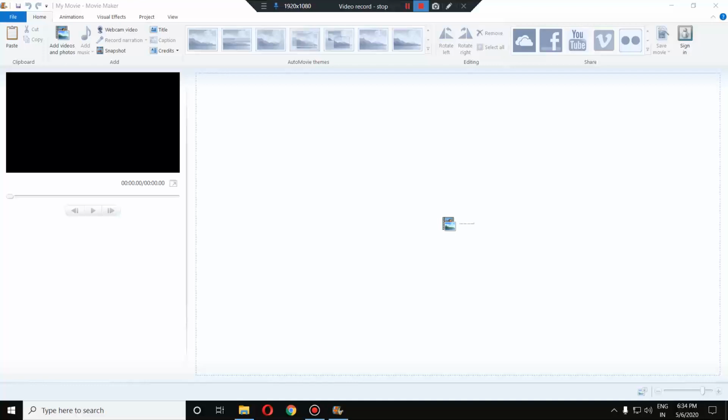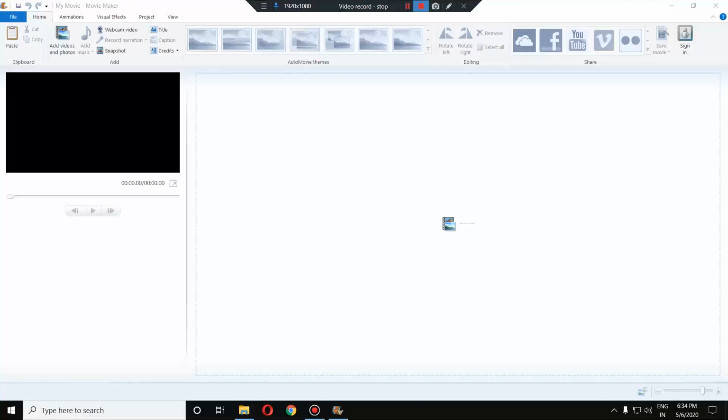And why do we use this software? This is the main motto. The thing is that this software is very easy to use, simple, and somewhat looks like Microsoft PowerPoint itself. But in PowerPoint we create slides, while here we don't create slides, we only create some animation and transitions in photos and videos along with audio.